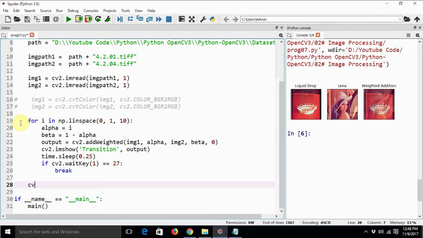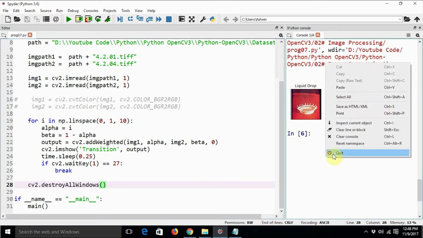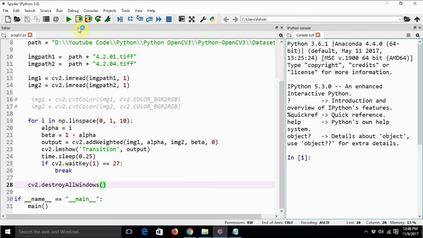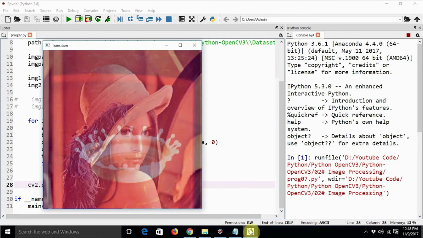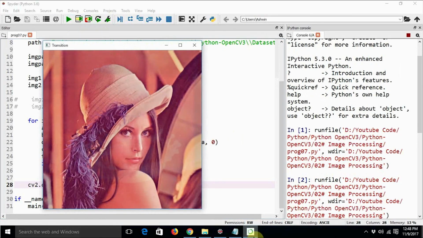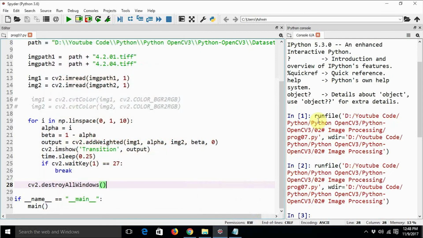Just say cv2.destroyAllWindows. So let's clear the window and execute this code. Okay, sorry, I missed it, but now we are able to see it clearly.